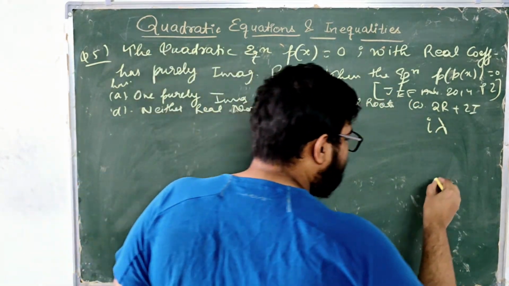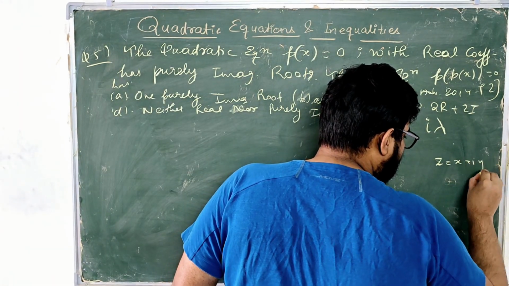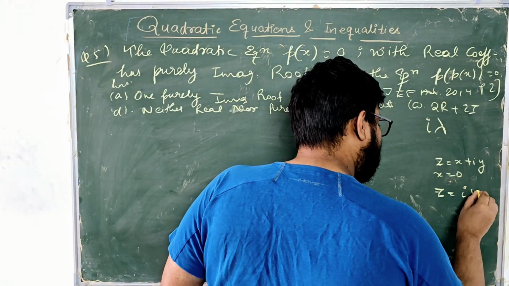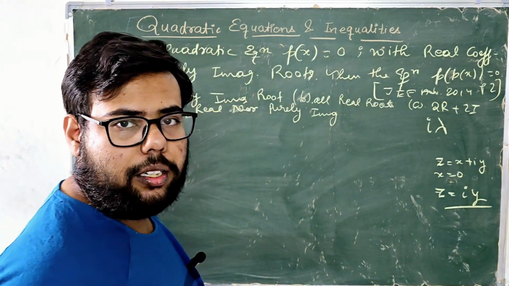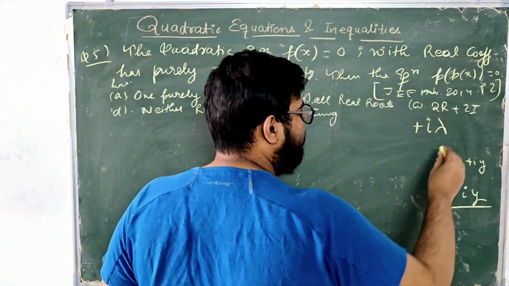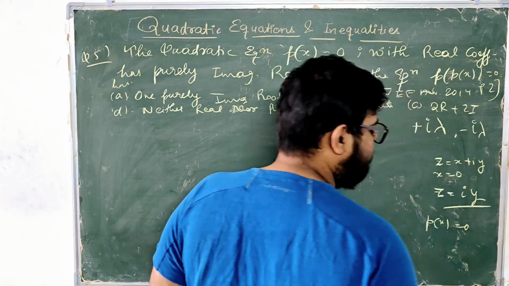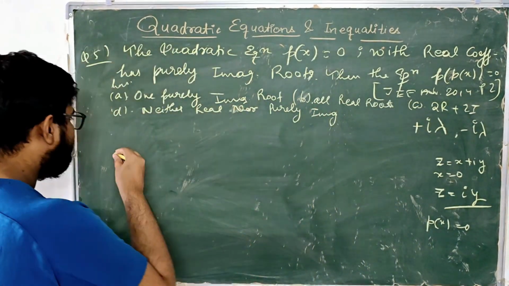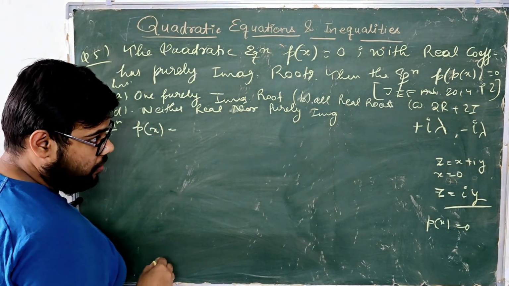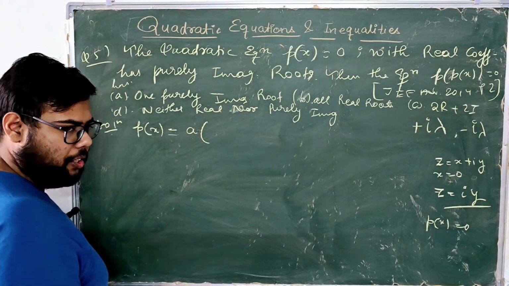Right? You write a complex number as x plus iota y. If x is equal to 0, then z is equal to iota y. It is called a purely imaginary number. So it means that the roots of p(x) equal to 0 are plus i lambda and minus i lambda. So you can write p(x) as some constant a, some coefficient,